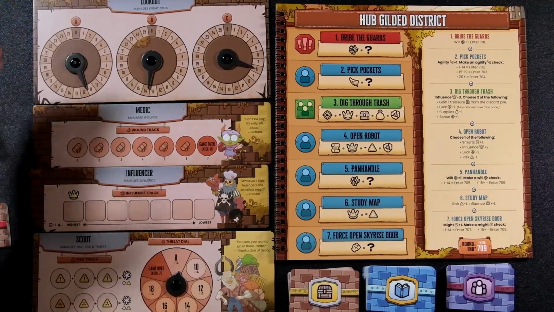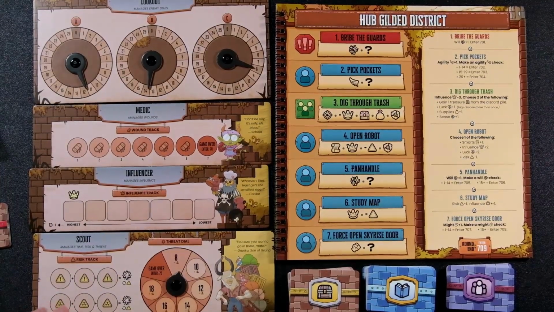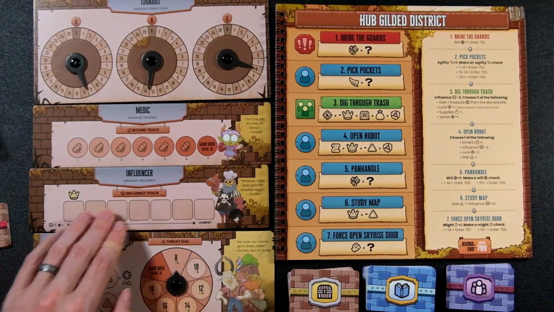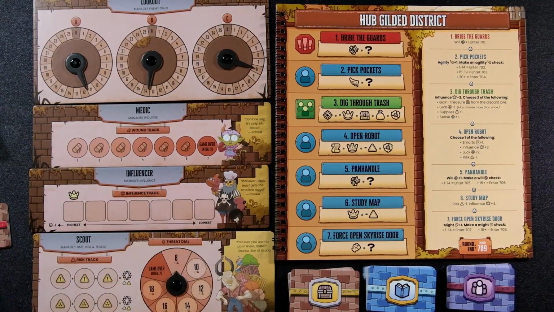You've got the enemies dialing up here. You've got your medics, so if you take too much damage, you lose. If you take too much threat down here with this one, you lose. Or if you have the most or the least amount of influence as you move these trackers up and down with your slightly asymmetric characters, you get to choose the turn order on this side of things as well as